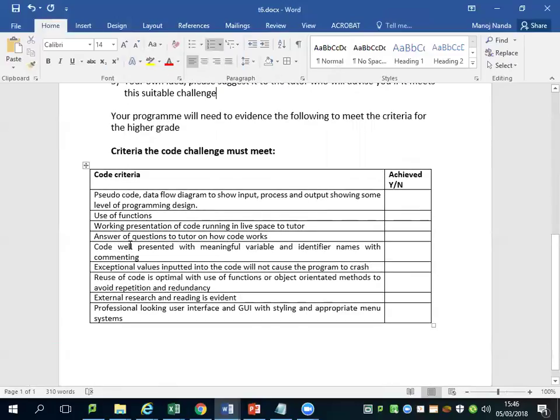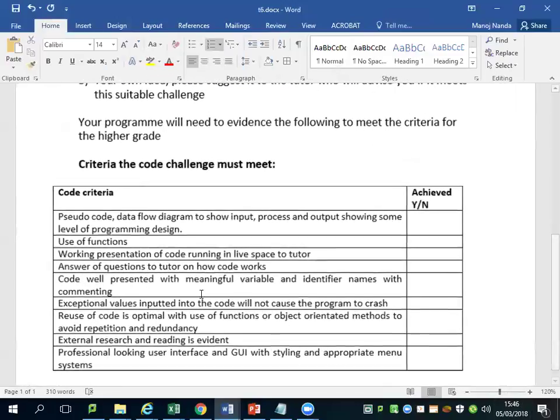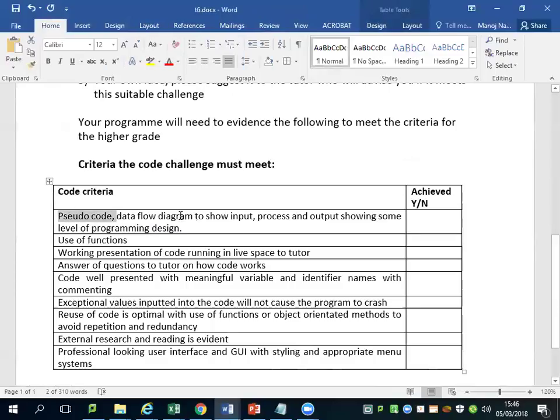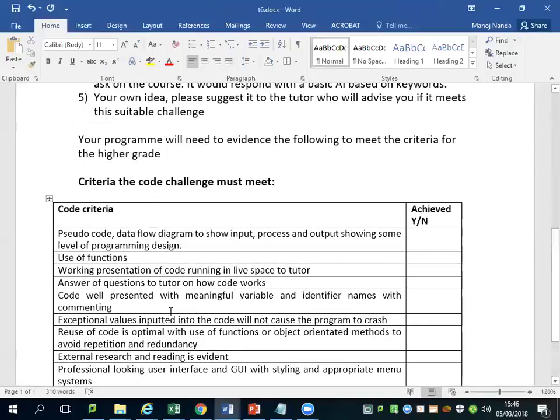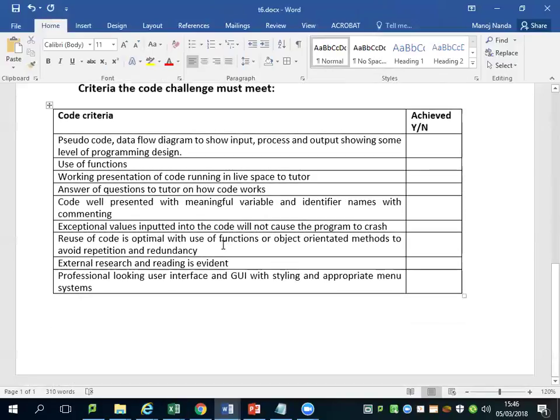And here's what you need to do to get a high grade on this one. These are the kind of things I expect to see. I need to use pseudocode, use diagrams, show your input, process, output, using functions, a working presentation of code, and answers to questions on how the code works. I'll ask some questions verbally. Well-presented code with good variable identifier names. You can't put in dodgy values, so I can't break it or crash it. Reusing the code, so don't repeat stuff and do it inefficiently. Do some research and reading, and a good-looking interface, a graphic user interface like a GUI, with styling in some appropriate